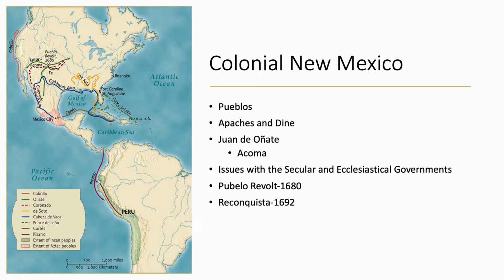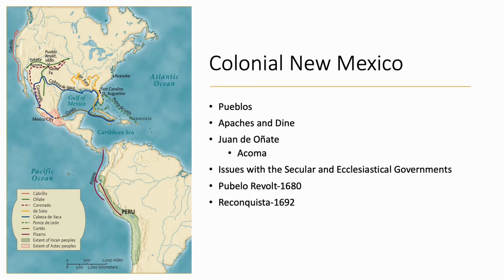And again, we already talked about the Apaches and the Dene, the various semi-nomadic, nomadic peoples that wander on the periphery. And as we discussed before, we have evidence of the Pueblos engaging in conflict with not just the Apache and the Dene, but even between themselves. There were periods of peace and war, et cetera, et cetera. So, it wasn't necessarily a peaceful coexistence.